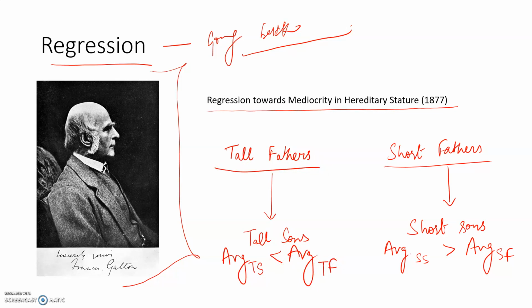So Galton concluded that this is a regression, or a returning to a mean value, right? He termed it regression towards mediocrity, or as we can call it, regression towards a mean value. That essentially means that the difference between the average height of the short sons and the tall sons is also converging over time. So that is how this word originated.